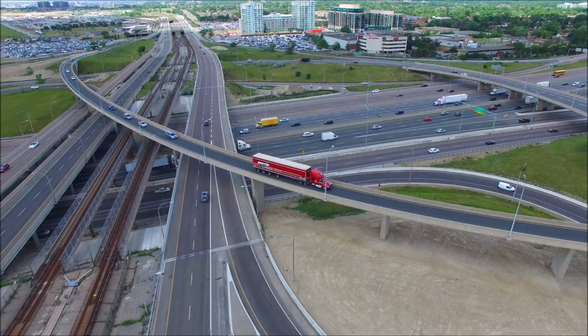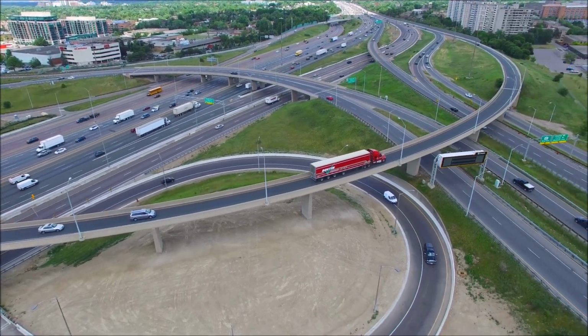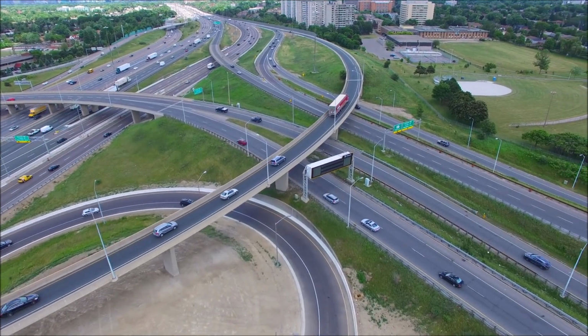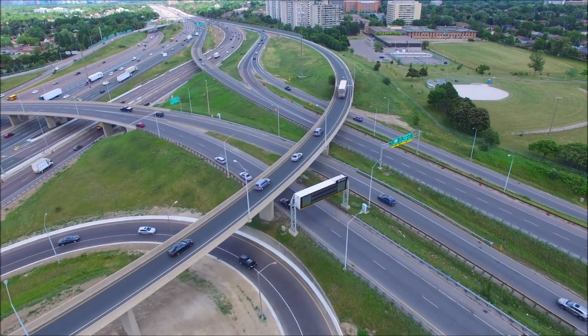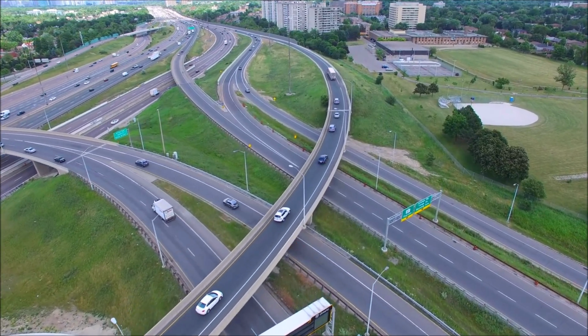So in this long-awaited video, and I know it's been a little while since the last one, but hey, it's good to be back, we're going to look at something I like to call a segmented highway, or a highway still under major construction. One that stretches both on the East Coast as well as the upper Great Lakes region,